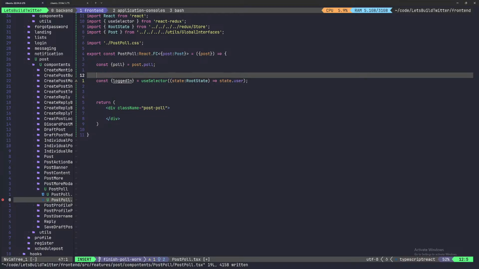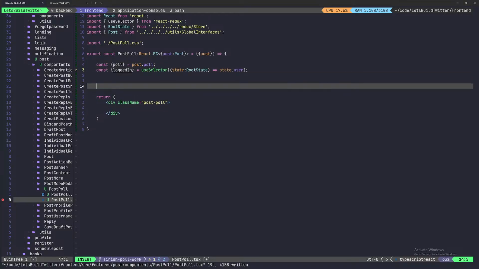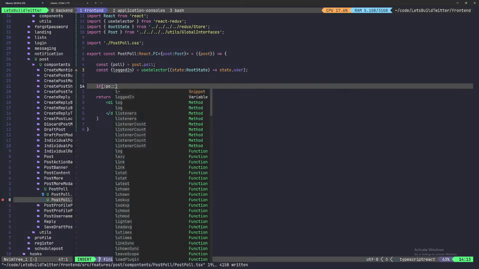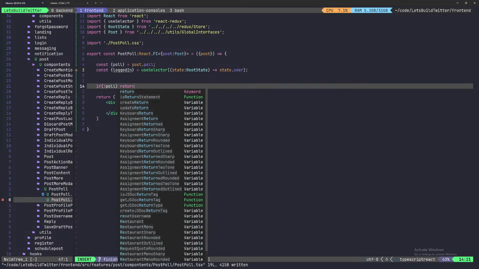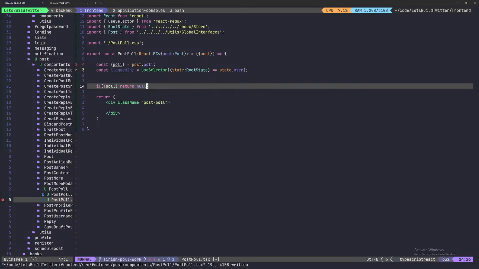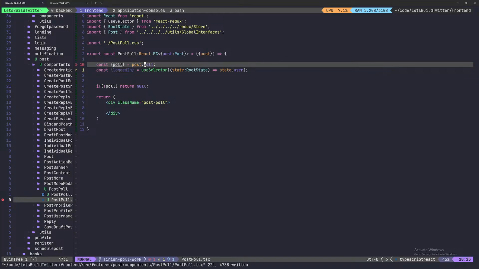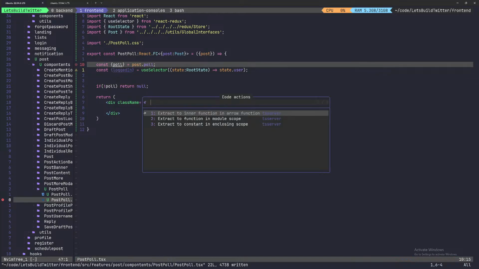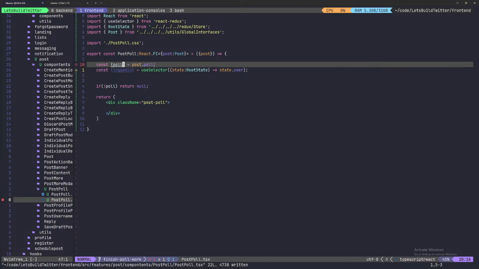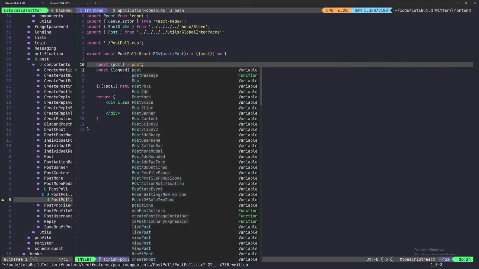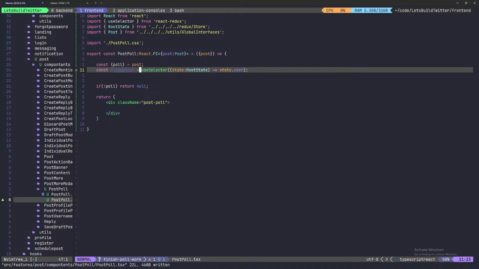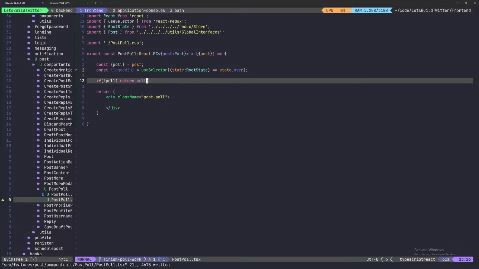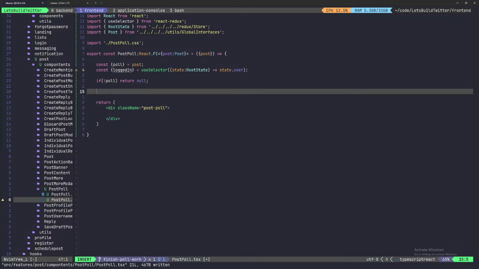And if we somehow get to this point, we can say if not poll, just return null. That should never happen. We shouldn't get to the point where this is the case, because we're only going to show this if there's a poll on this, but just to be safe, right? Okay, and then what we can go ahead and do is we need to